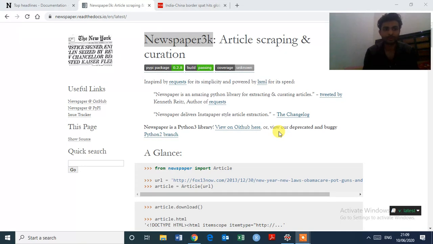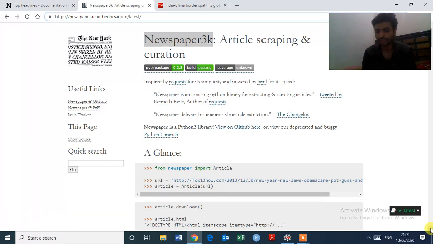So first let's check this, newspaper.readthedocs.io, and here you can see newspaper3k is the library for article scraping and curation.